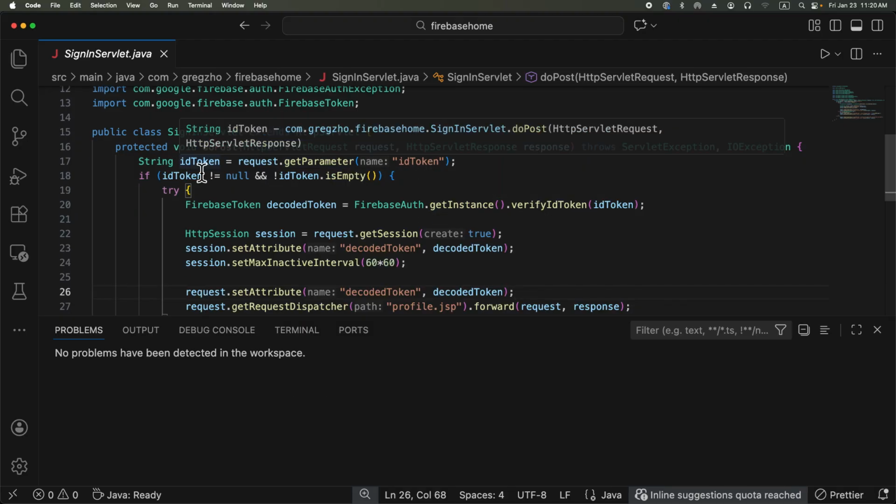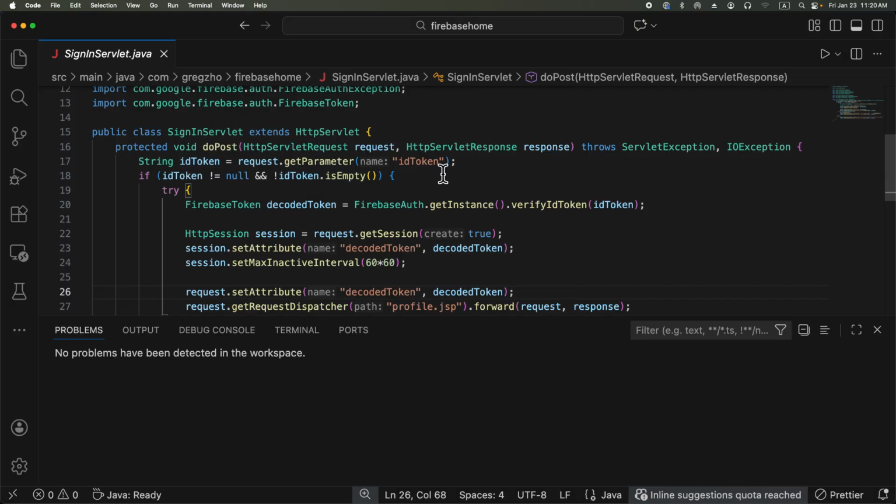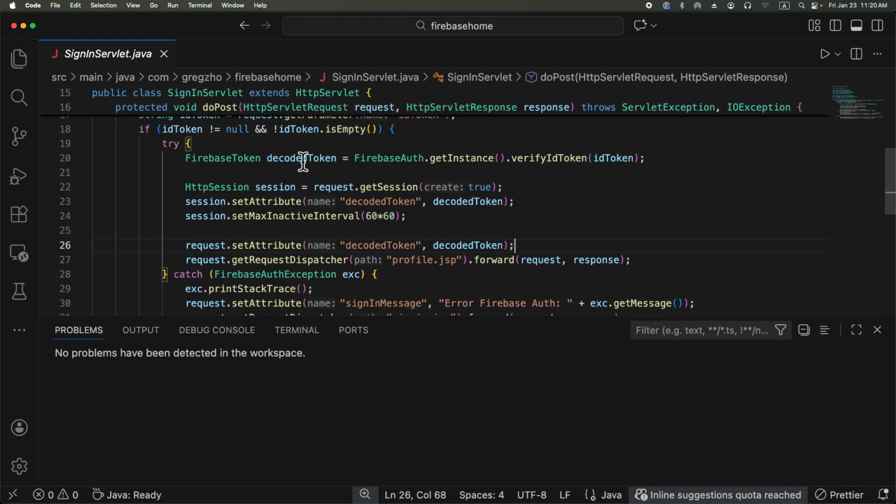gets the ID token. I'm going to show you how to get the ID token from the client-side browser using JavaScript, sending the ID token to the server. And then check that the ID token is not null and is not empty, and then get the token